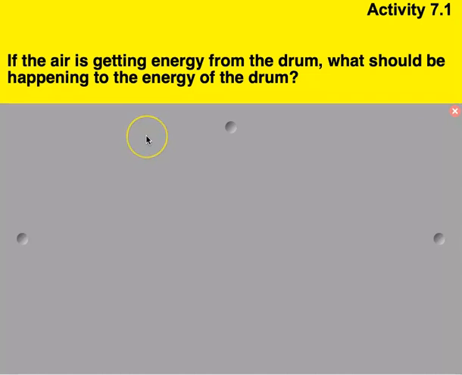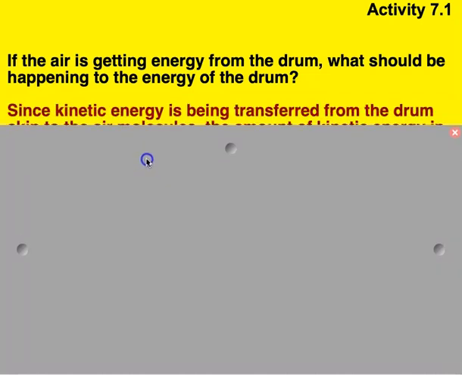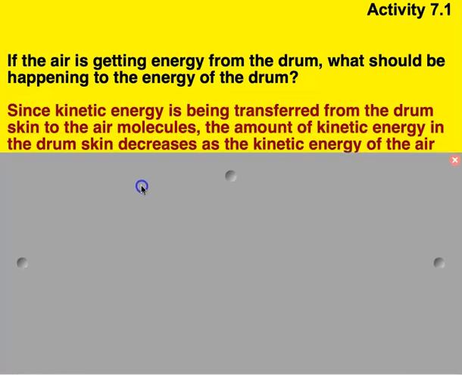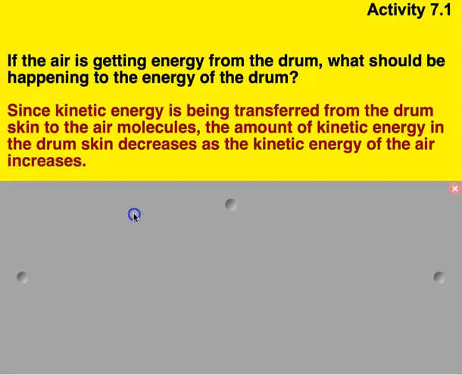So the same thing can be concluded here, that since KE is being transferred from the drum skin to the air molecules, the amount of kinetic energy in the drum skin decreases as the kinetic energy of the air increases. So as the drum's vibrating back and forth, it's transferring its energy to the air, and because it's transferring energy to the air, voila, the energy of the drum is getting lower and lower and lower, and then boom, it